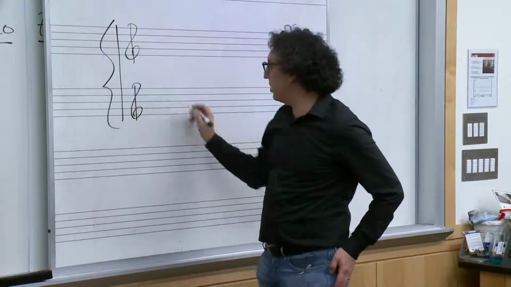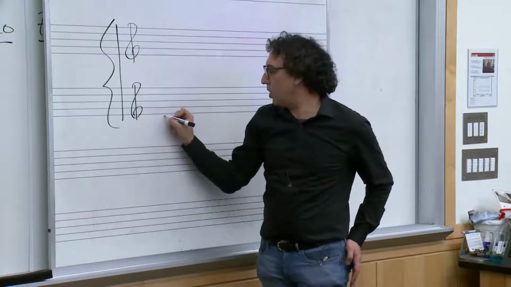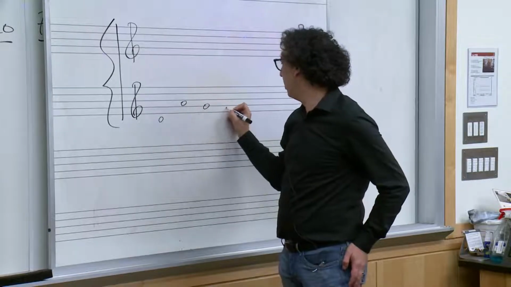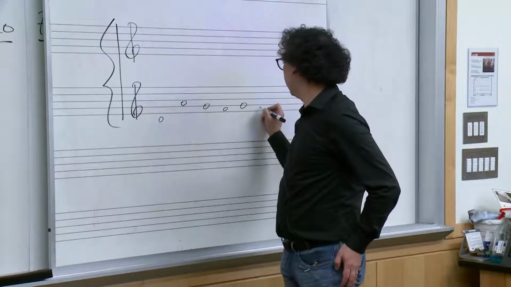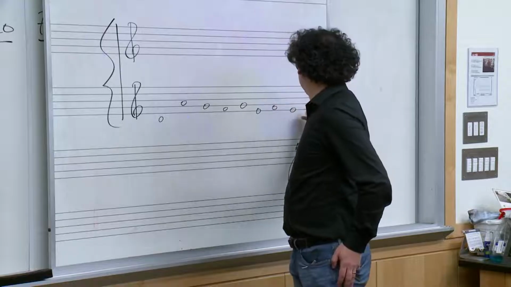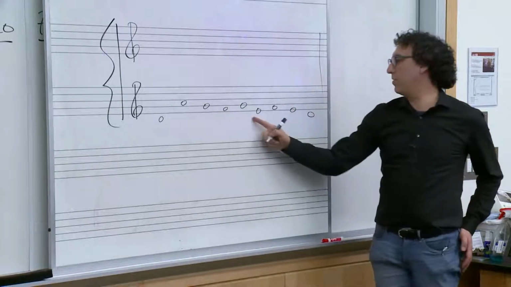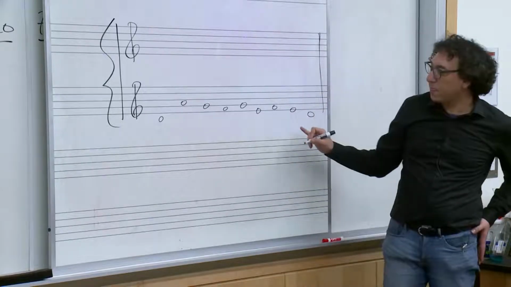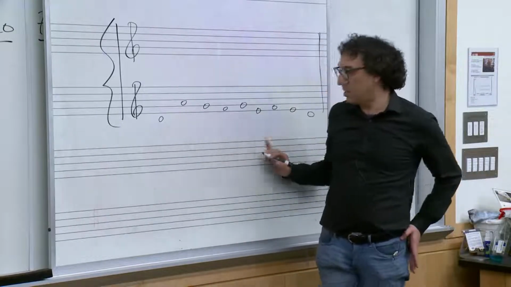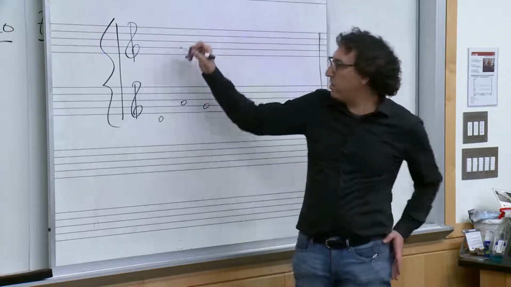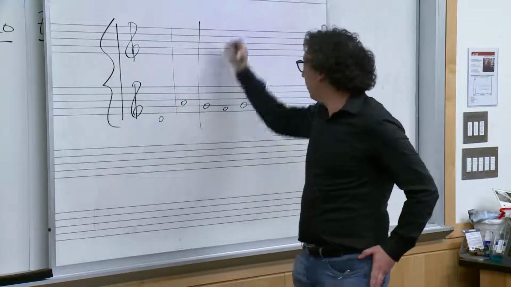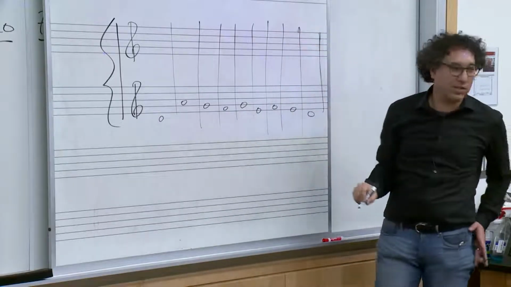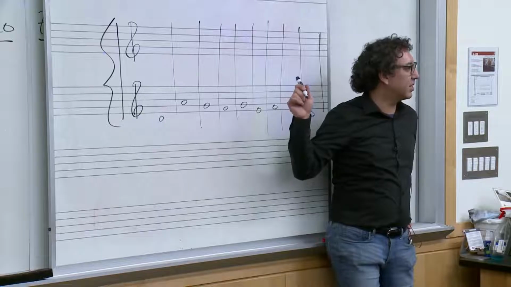The first species that we tend to call it is all in whole notes. Let me see if I can compose one. How many notes do I write? 1, 2, 3, 4, 5, 6, 7, 8, 9. Good. Classic ones tend to be around 9 notes long. And then against this, in first species, you're going to write one whole note for every note, with particular conditions. And some of these conditions will be